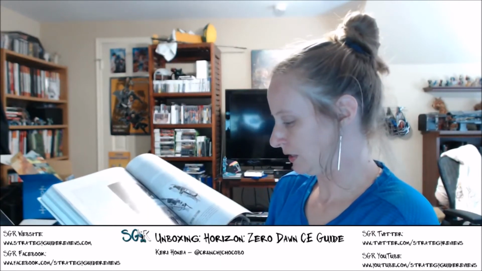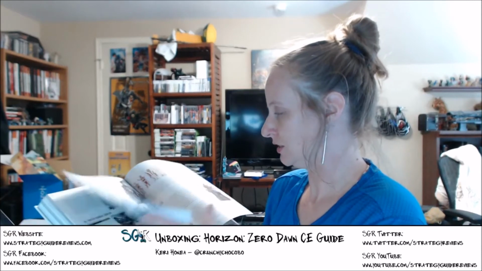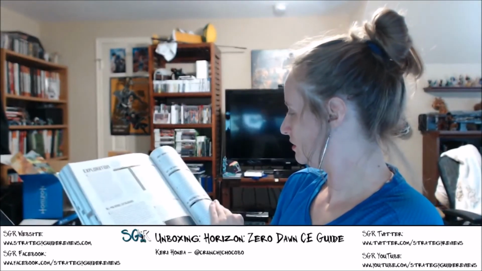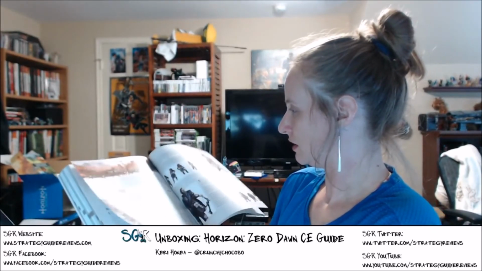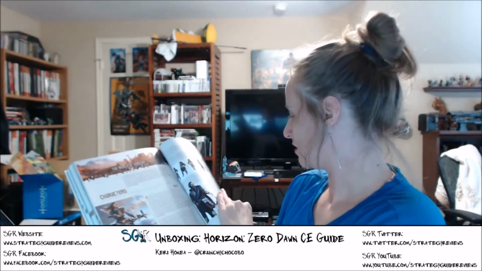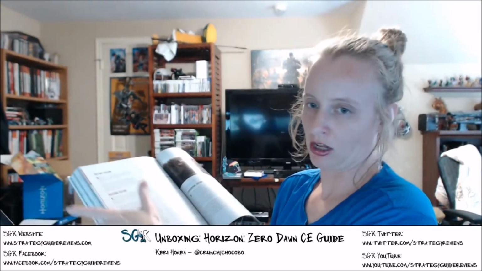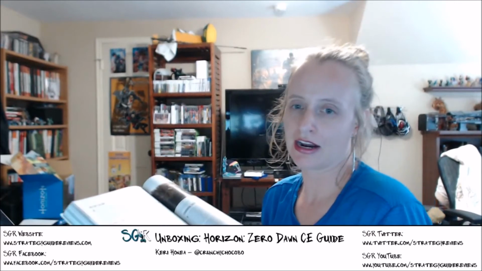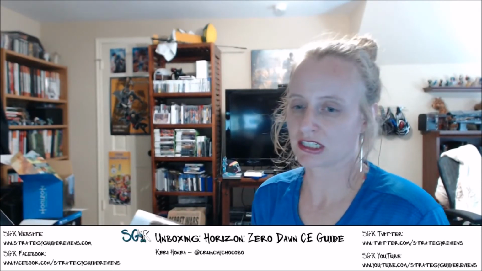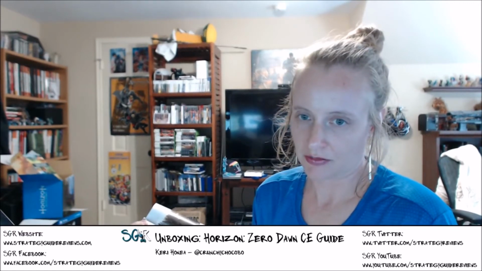All right, so then we got in the very back, because this is a collector's edition, let's look at the extras. Okay. So then they have the World of Horizon here. They got details on the characters instead of putting that all up in the front, which I kind of consider spoiler territory when you have all the characters up in the front. Especially if you weren't expecting a certain character or a race of a character,